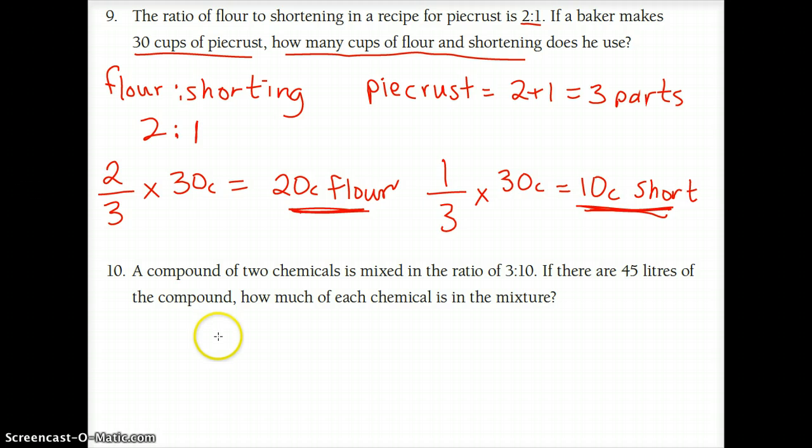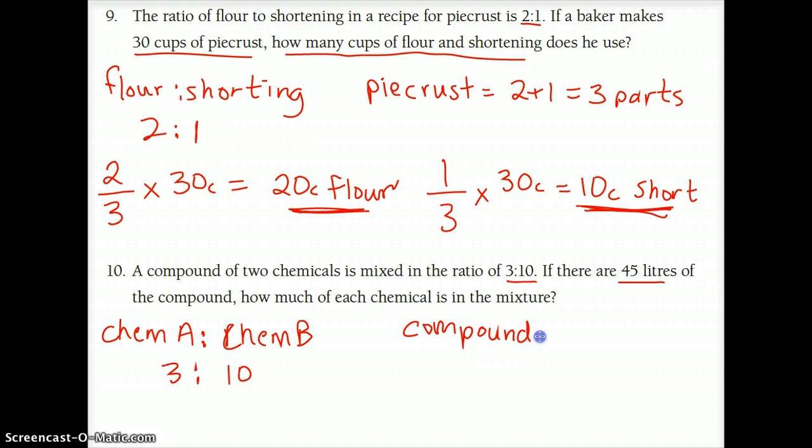For question number 10, it's a similar thing. We have a compound of 2 chemicals, and they're mixed in a ratio of 3 to 10. Okay, so we have chemical A to chemical B, and it's 3 to 10. And we're told that there's 45 liters of the compound. So the compound,